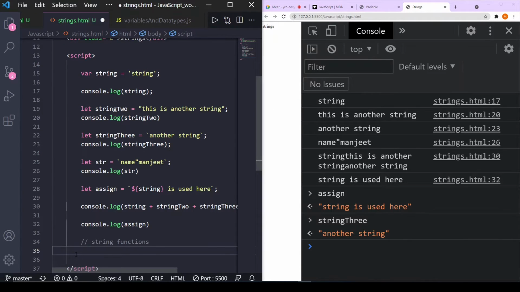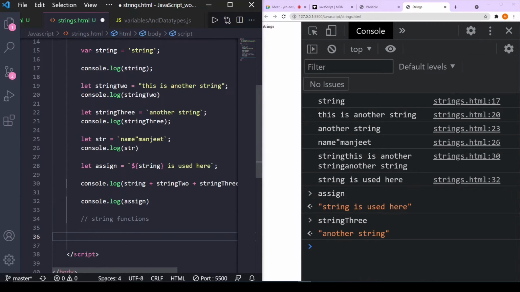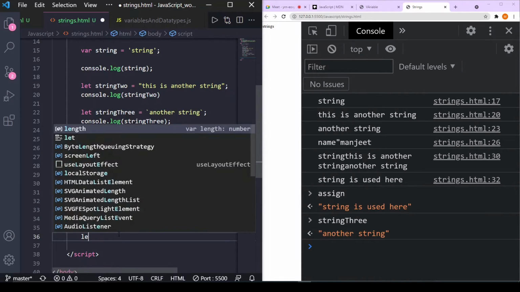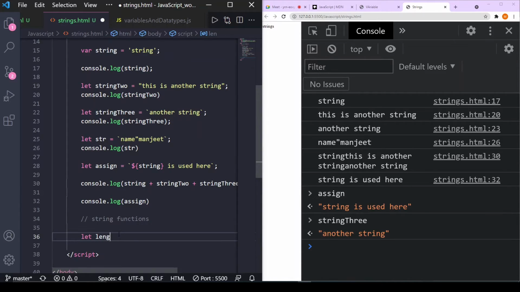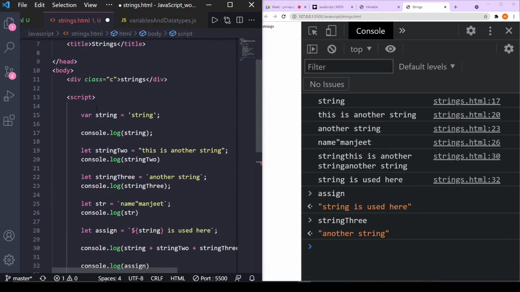So let's move to our first string function, which is length. How do we calculate the length of a string? Let length equal, let's say I want to calculate the length of the first string.